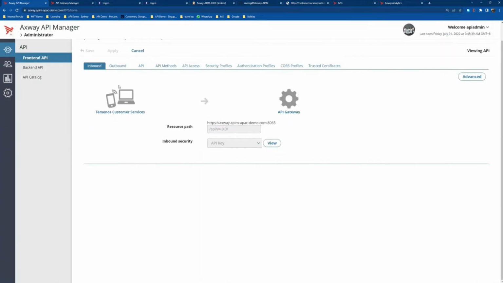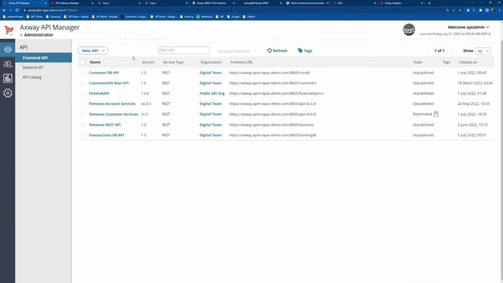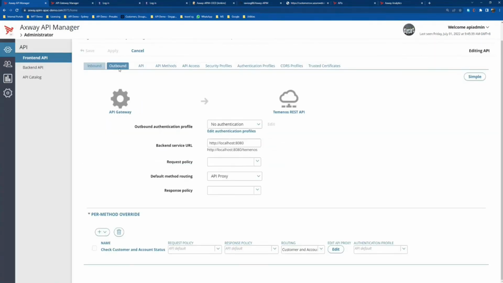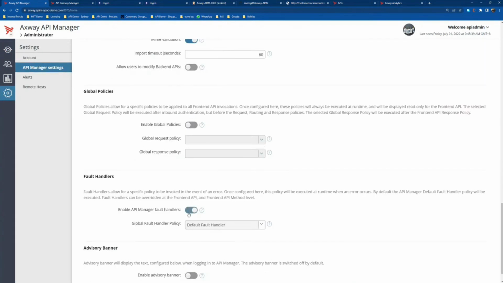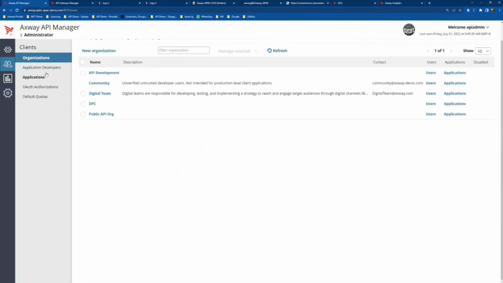If you go into the customer services, if you remember, oh sorry, I used REST API. Too many APIs today. Okay, so you remember I did a policy. I set it according to method, right? So at a method level, I can choose to do the error handling. Right now, I don't see the fault error handling option because my setting has changed. If I enable fault handlers, what will happen is